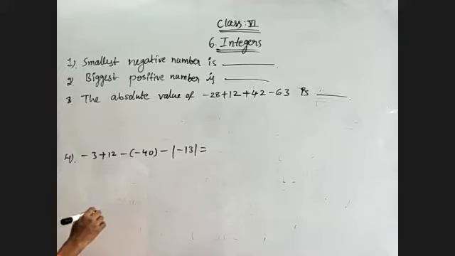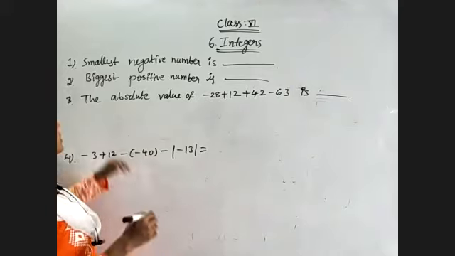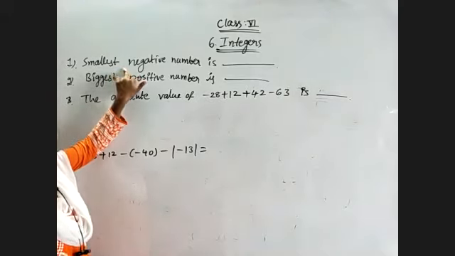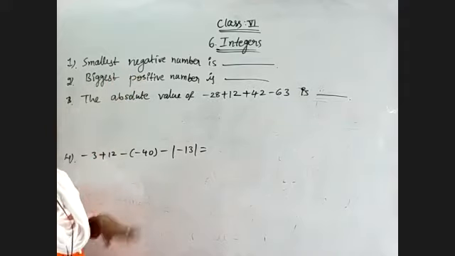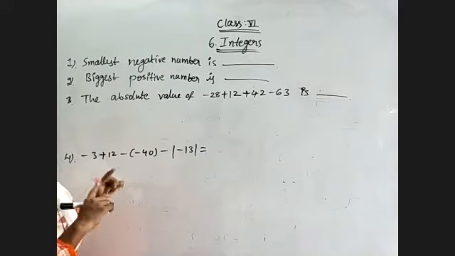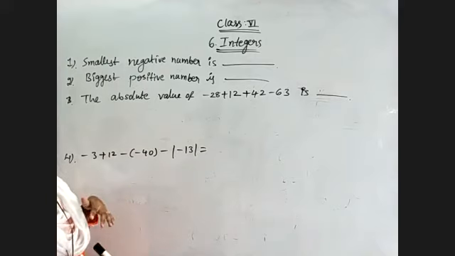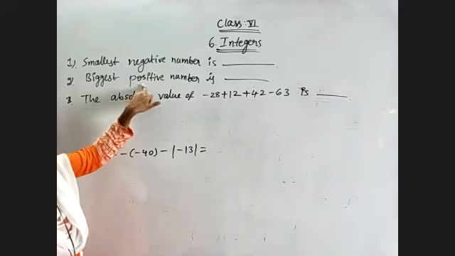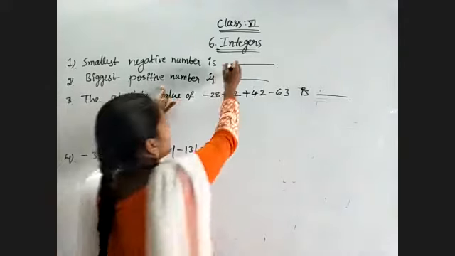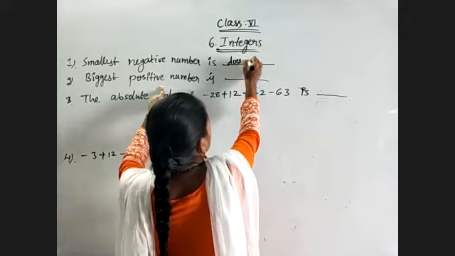Okay, let us finish these four problems. The smallest negative number is nothing but integers only. So the smallest negative integer does not exist. In the case of types of integers we have, but overall the smallest negative integer is not there, the greatest positive integer also is not there. That means it does not exist.